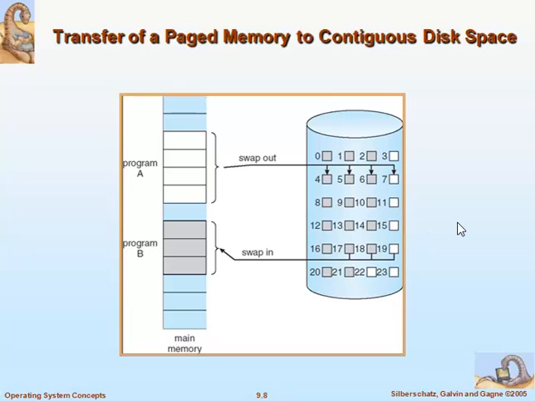Here you can see demand paging with swapping in and swapping out of processes. This is the main memory and this is the disk. Whenever a certain process needs to be given CPU time, and if space is not available in the main memory, certain processes are selected to be swapped out. Again, it depends on what kind of algorithm we implement to swap out and swap in. There are different kinds of algorithms that can be used.